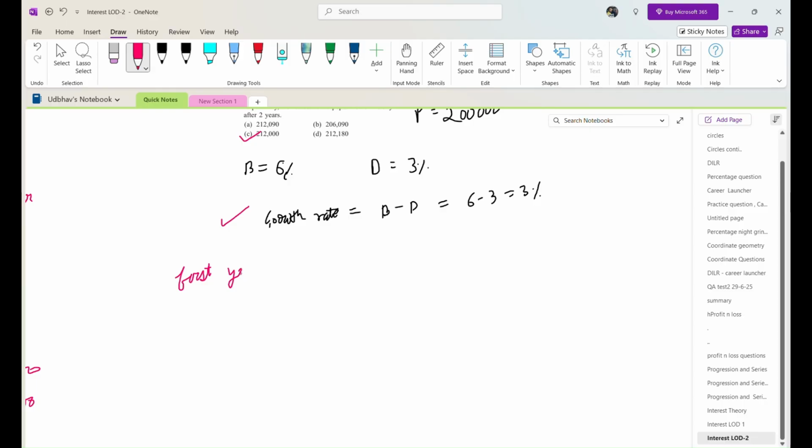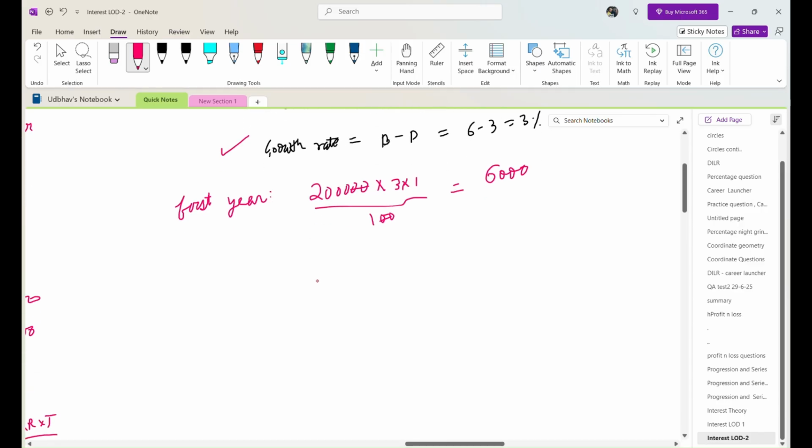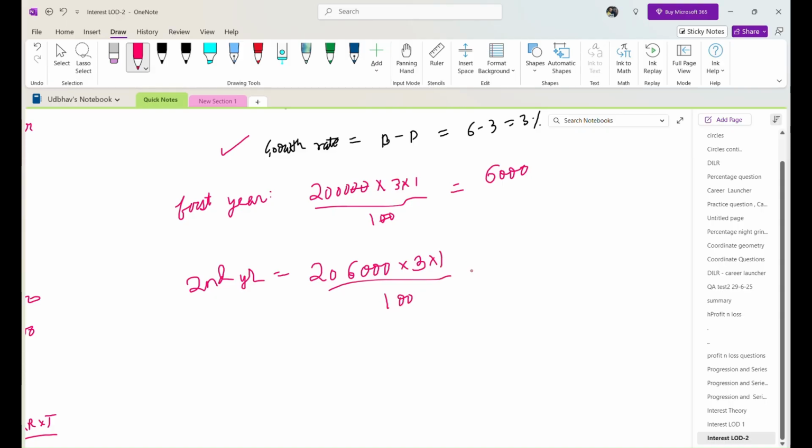So after the first year, what will be the increase? 2 lakhs into 3%, that is 6,000. So what is the new population now? 206,000. Now this is at the start of second year. Now here the population will again increase by 3%, which will be